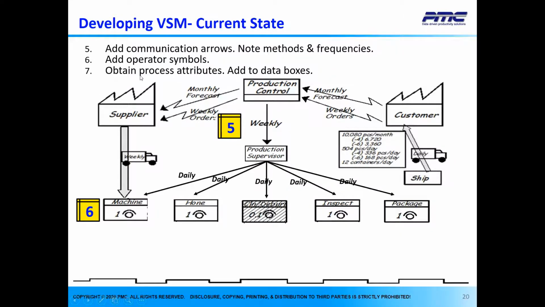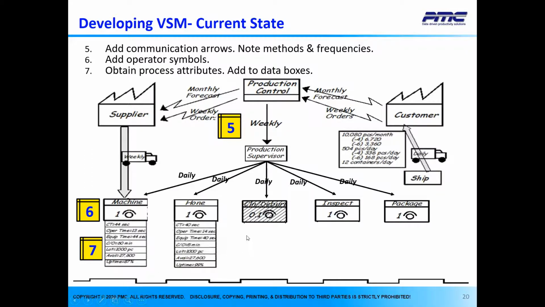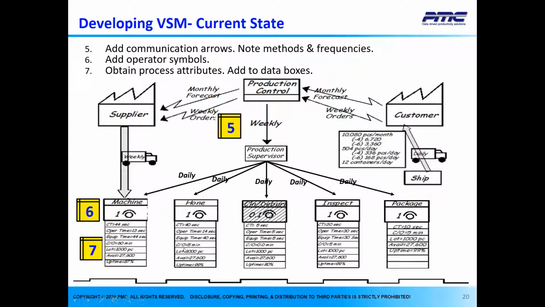Then we need to, again, add the process attributes. So for each of these processes, if you remember, the boxes, the right data boxes. So we're adding cycle time, operator time, equipment time, changeover time, if any, the lot size, availability per shift in minutes, and uptime in percent. So now once we add all that information for every process along the way,